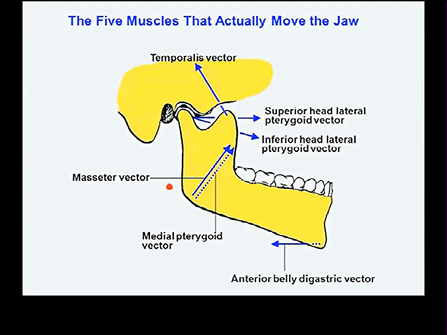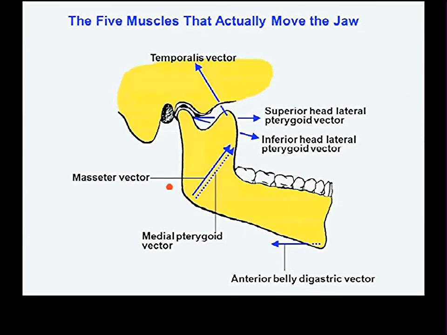Look on your skulls if you have a real skull. The roof of the articular fossa, you may have even remembered from that video, is very, very thin bone. And all that sits above it is the temporal lobe of your brain. So this bone here in the roof of the articular fossa is incapable of essentially withstanding any major stresses. And so the idea is that the superior head redirects the transarticular joint forces between these 2 bones so that it always passes between the condyle and the articular eminence and never passes between the condyle and the roof of the fossa.